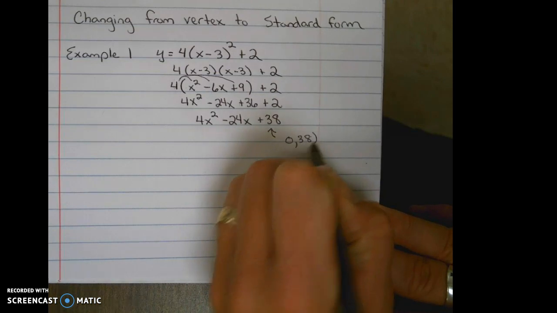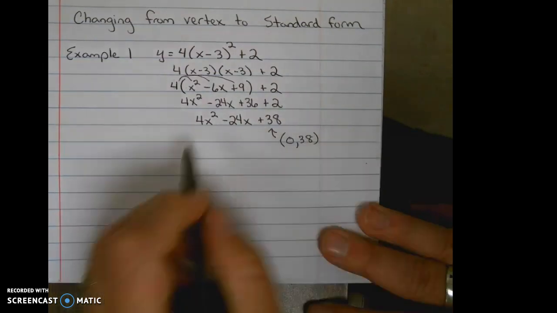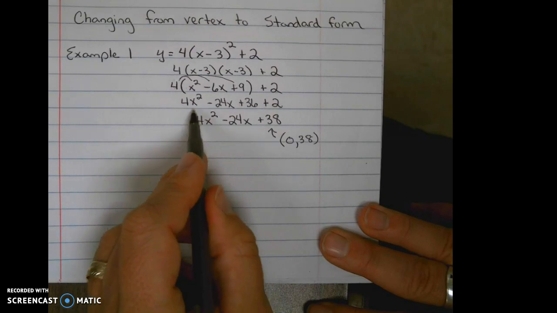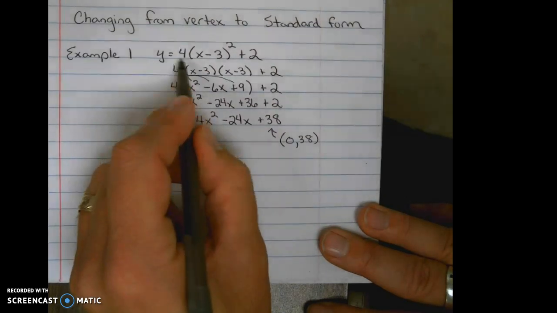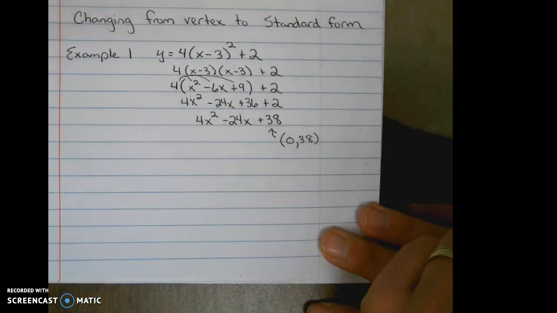0, 38. Notice our a value, our vertical stretch, is still there. You can see it here and here. Remember, each form tells you something a little bit different about the